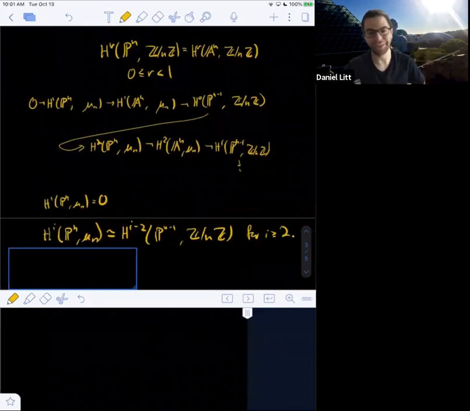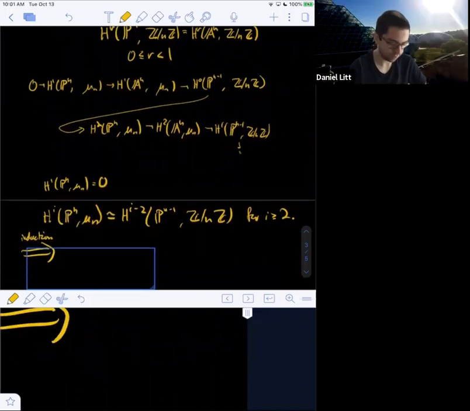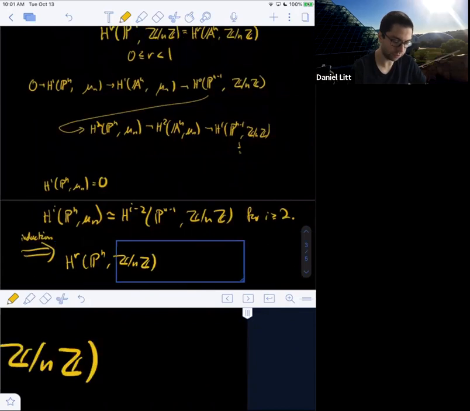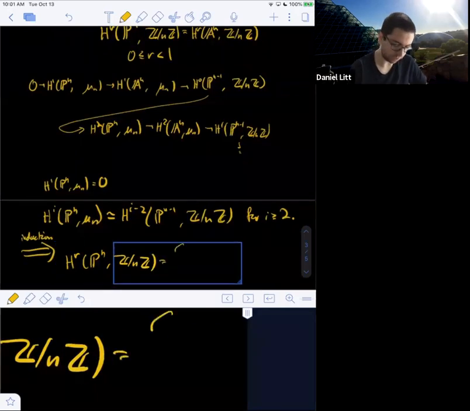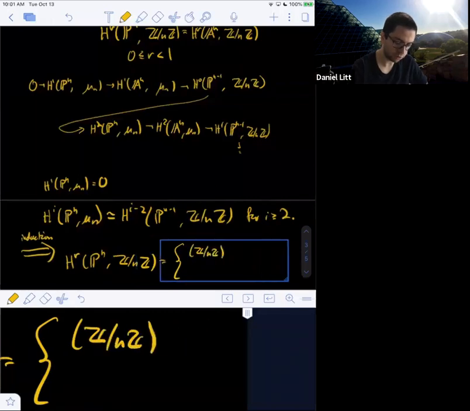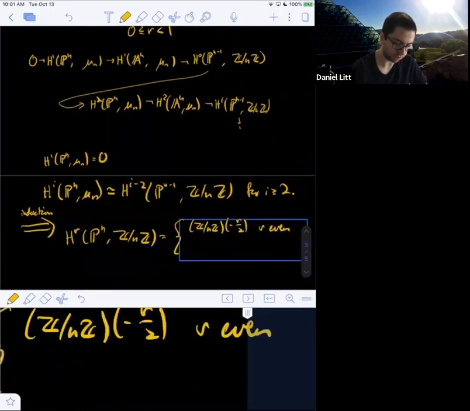Induction. Yeah, so now we use induction on n, and the output is that H^r of P^n, and let me just phrase things with Z mod nZ coefficients, is going to be Z mod nZ twisted by negative r over 2 for r even, and 0 otherwise.